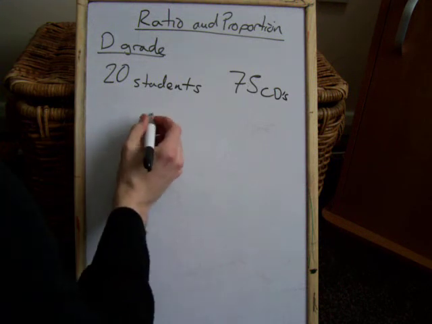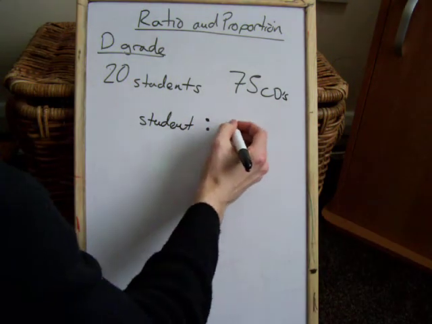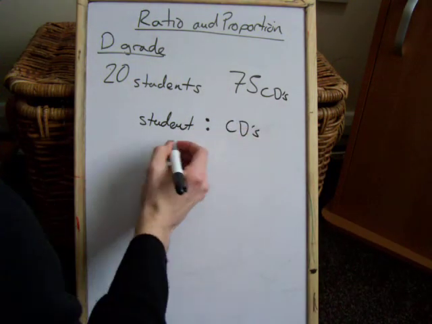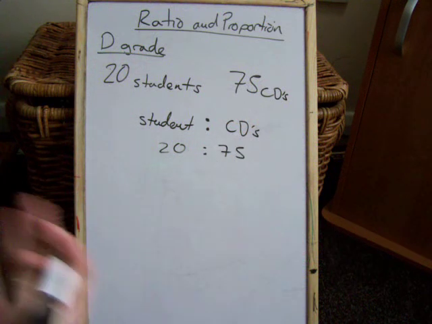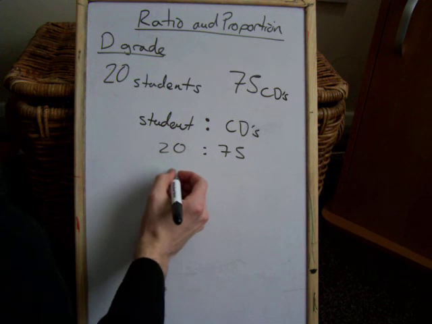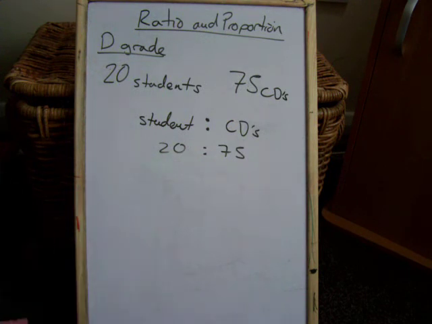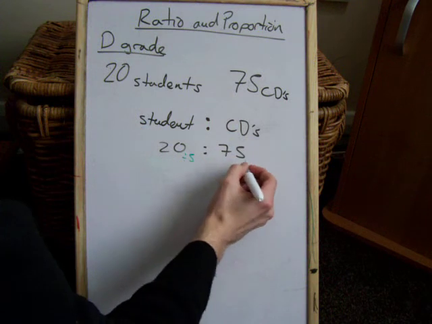So your ratio of students to CDs is 20 to 75, and you want to simplify this as much as possible. You look for numbers that go into both. Right, well 20 has a factor of 4, it has a factor of 2, it has a factor of 10, none of those go into 75, but it also has a factor of 5. So in this case, we can divide both numbers by 5, so divide 20 by 5, divide 75